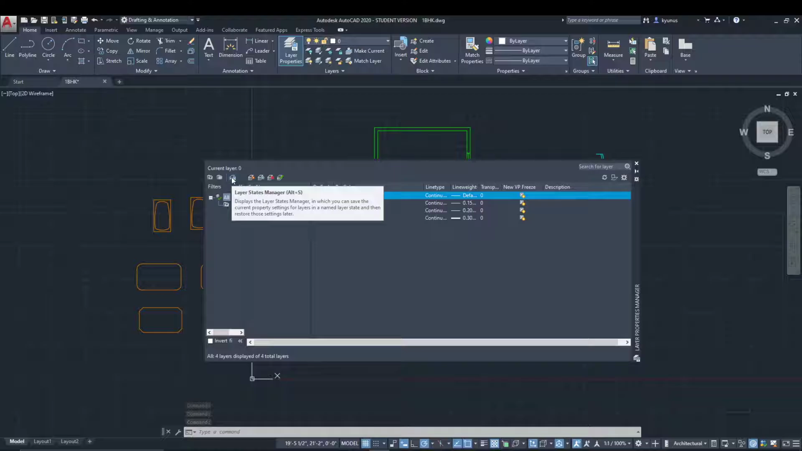Here we have the layer state manager, and here we have new group filter, new property filter. All right, let's create some more layers for our objects. We can